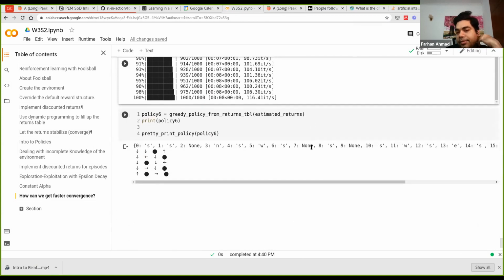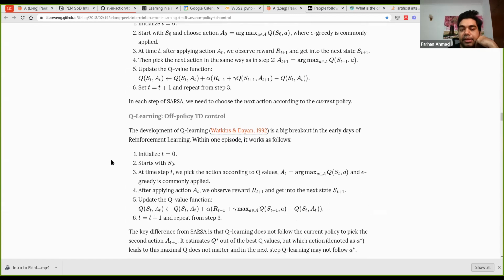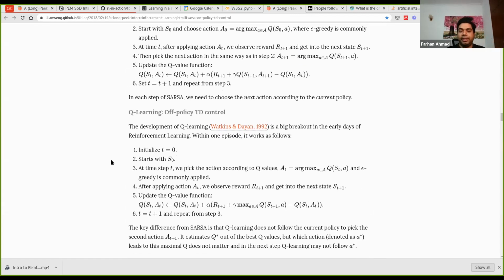Okay, if there is any confusion, do let me know. Otherwise, what we can do is try to attempt this other implementation, which they are calling off policy TD control. Again, TD is temporal difference. Temporal difference, because now we are just using the one time step to estimate the return for a state,